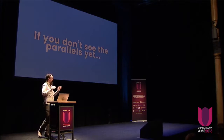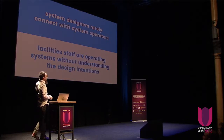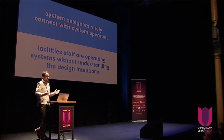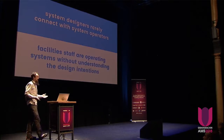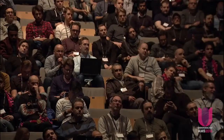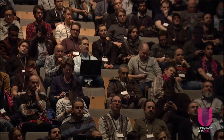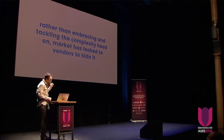And there's some parallels here to technology. I don't know if you're picking that up yet or not, but it's definitely there. And these system designers almost never connect with the folks who actually end up running these systems. I could just throw the DevOps brick wall up here, and it's completely applicable. It's the exact same scenario. So, and this complexity,